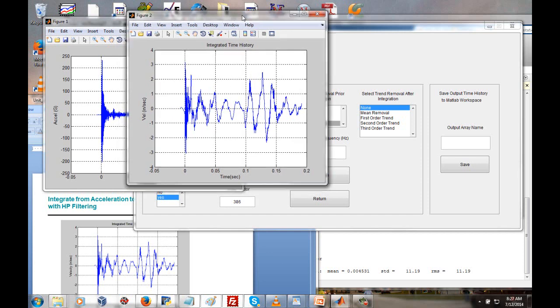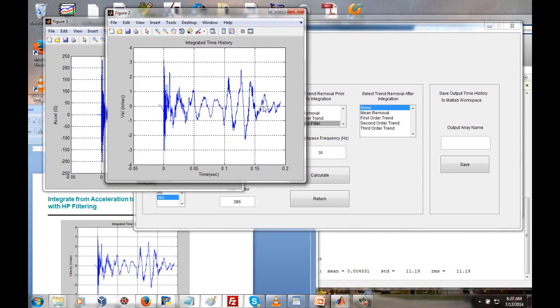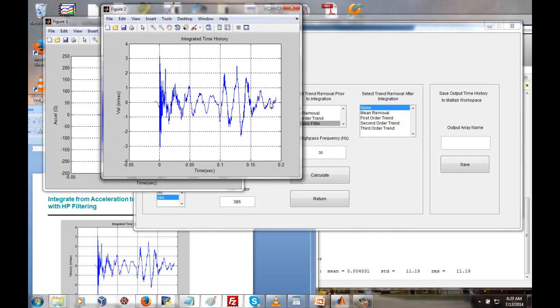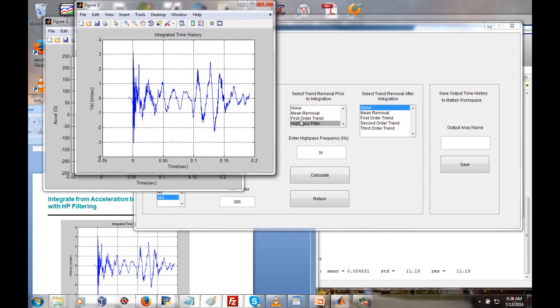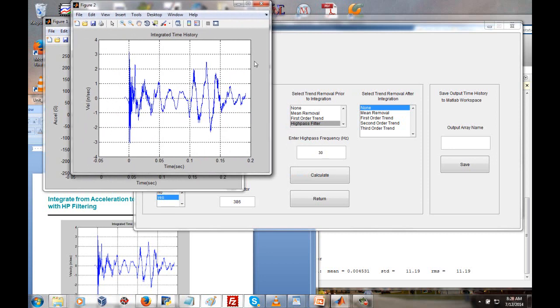So is this reality? Well, I would say this is plausibility. This is plausibly what the velocity is. And as to what the correct high-pass filter or trend removal should be, it's really a matter of engineering judgment. And the approach I would take is to say, okay, whatever you do, just document whatever you did. So if you high-pass filtered, state that you did so and state the frequency, or if you did whatever trend